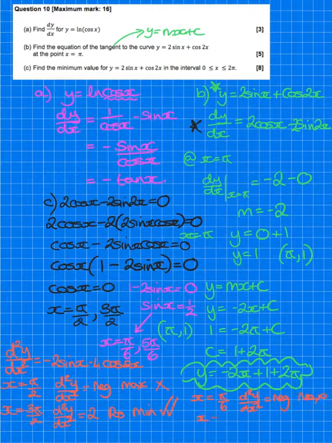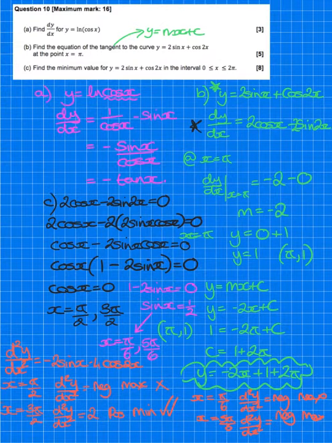When you sub in 5 pi on 6, you should work out the second derivative, and you can do it now by going to sine of 5 pi on 6, that's going to be a half, so negative 2 times a half, that's going to be 1. What is it going to be for cos? You'll work out that that is going to be negative, which means it's a maximum. So the only one that's